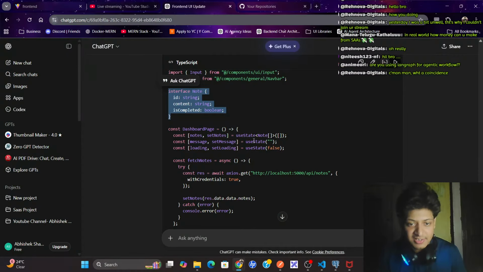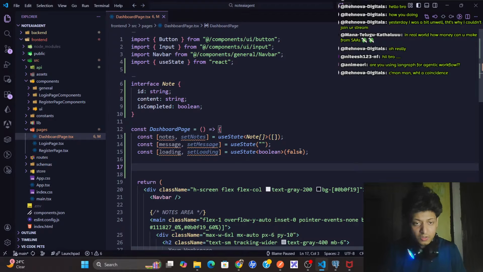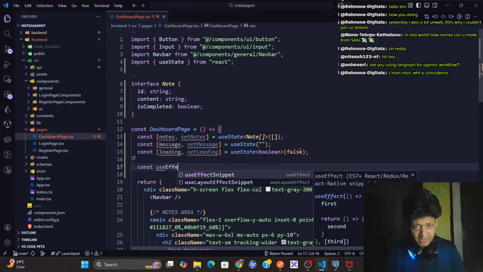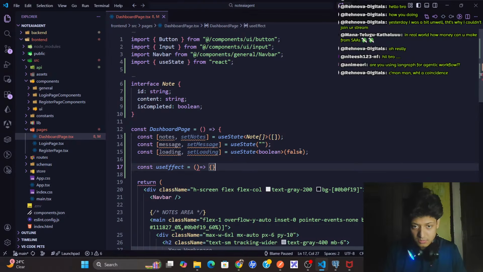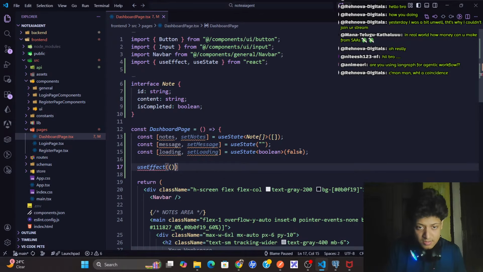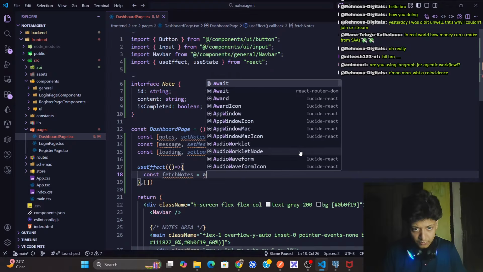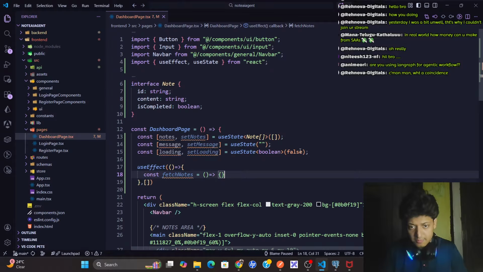Fine. Loading, set loading. This is done. Then here, const fetchNotes. Okay. Const useEffect. Not use. This is not the syntax of useEffect. Come on, yaar. Here I'll come, useEffect from React, this. Done. Then inside this, const fetchNotes equals fetchNotes.